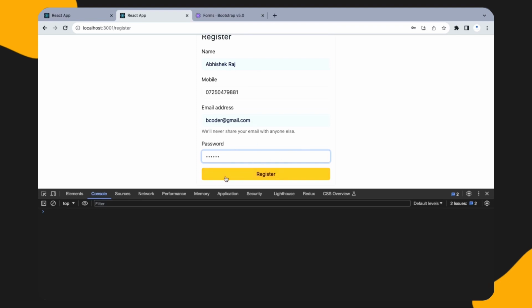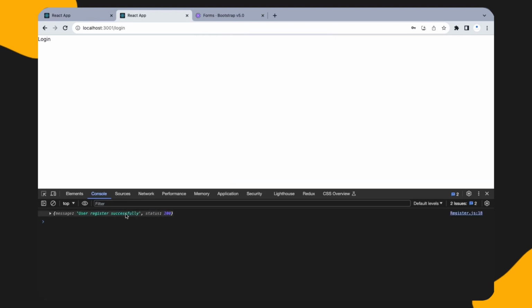So for that, here you can see user registered successfully. Now the login page will come and you have your login ID and password. You just enter and you can log into the home screen. So those things we will see in the next video, how we will do. So this was it for day 1 of the Amazon clone. We have done everything for the register page, and till here we have completed. So in the next video we will see a lot of things like Redux and all things we will integrate